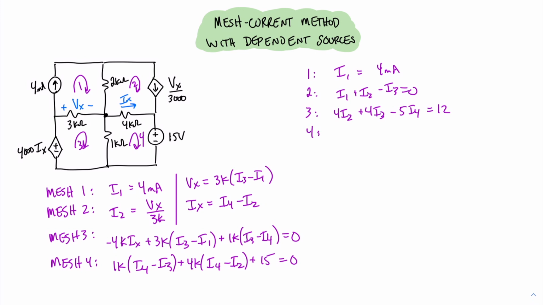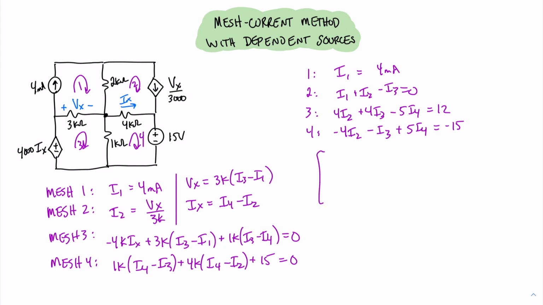And for equation number 4, we get minus 4I2 minus I3 plus 5I4 equals minus 15. And so this gives us our system of equations to solve,